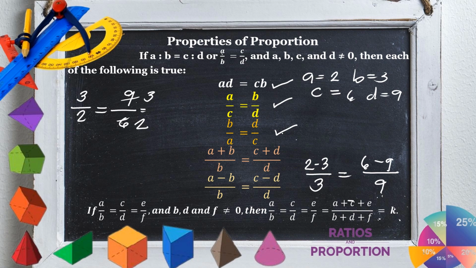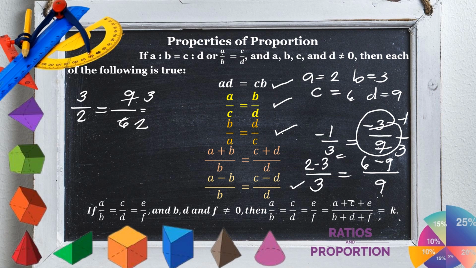So 2 minus 3, that is negative 1 over 3. Is it equal to 6 minus 9 is negative 3 over 9. So this is already a lowest term. This one, when you get its lowest term, divisible by 3, so that's negative 1. 9 divided by 3, that's 3. So, they are still proportional even if we're going to subtract something on your